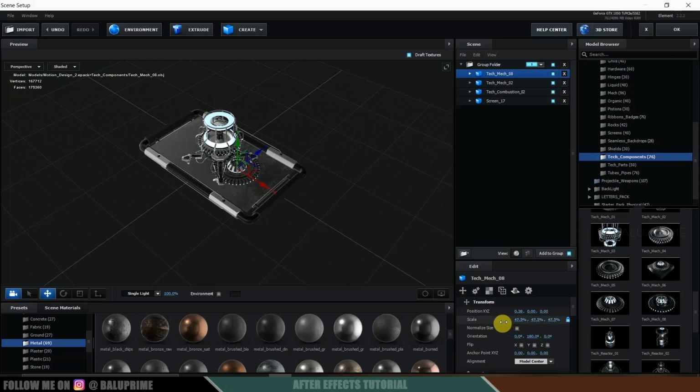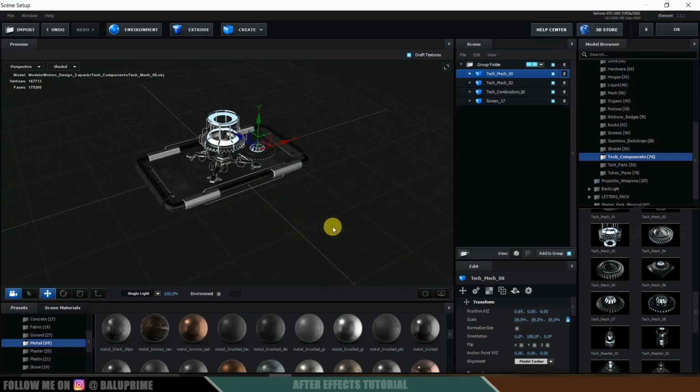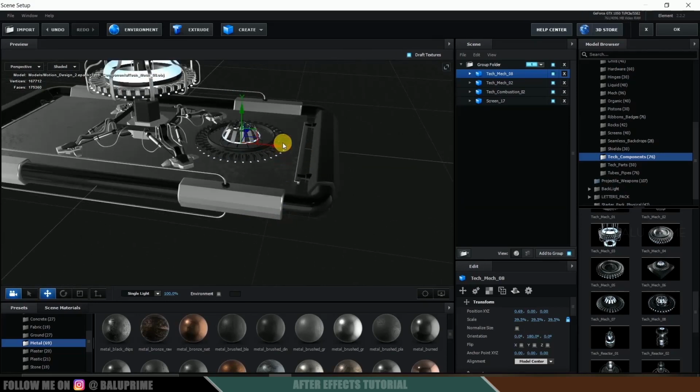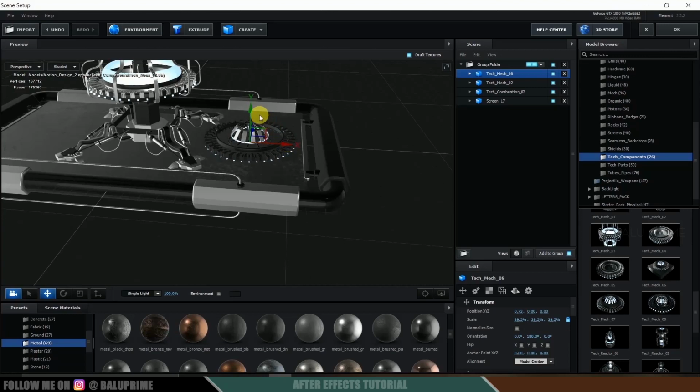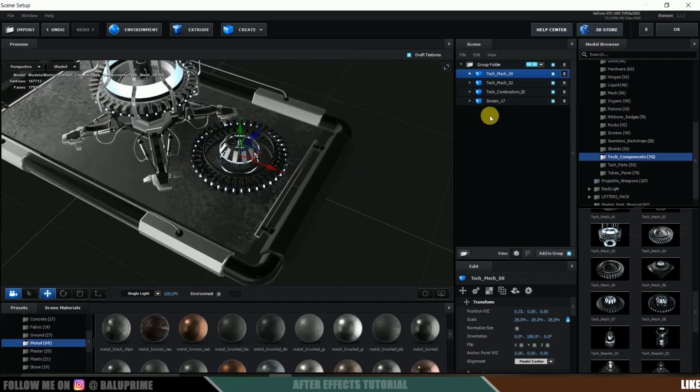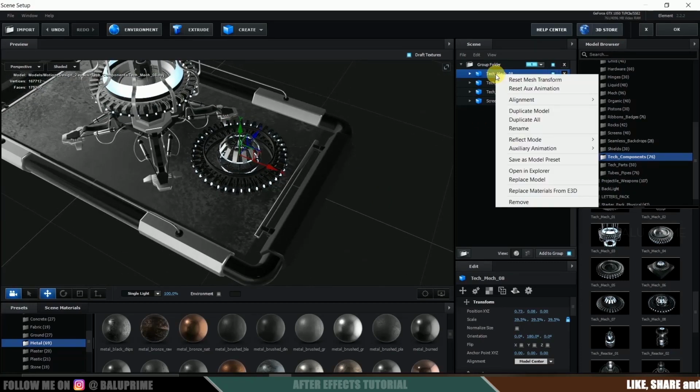So let me reduce the scaling here to this. Nice. Now change this aux animation to channel 2.